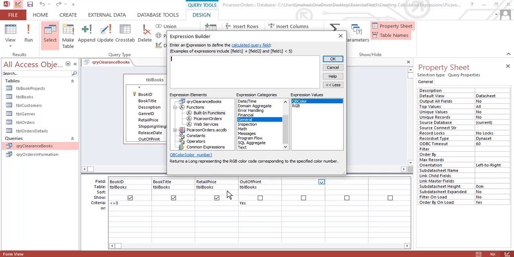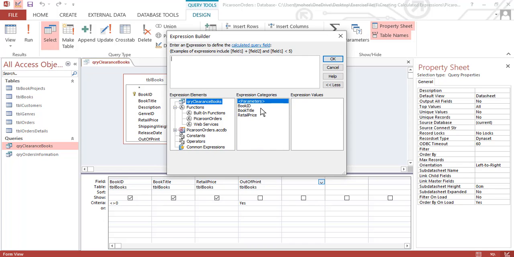So now if we move to the query in which we are working, we'll be able to find out the fields which we are going to use in the expression. Click on the query. Here is the query. There are 3 fields. We'll be selecting 2 fields out of them,